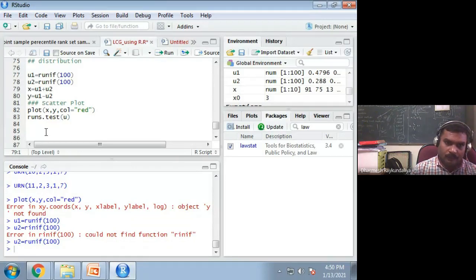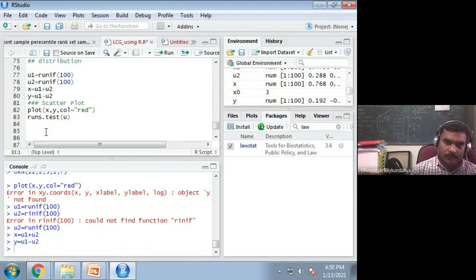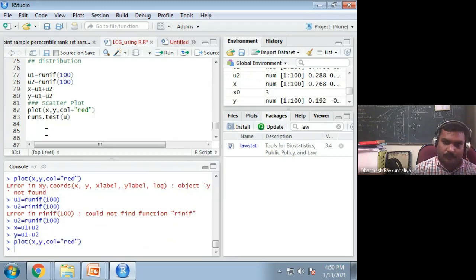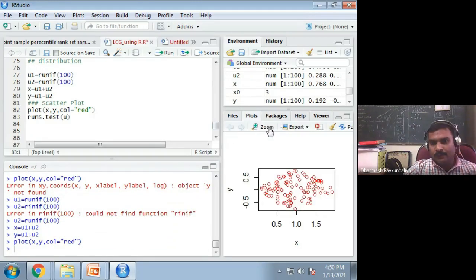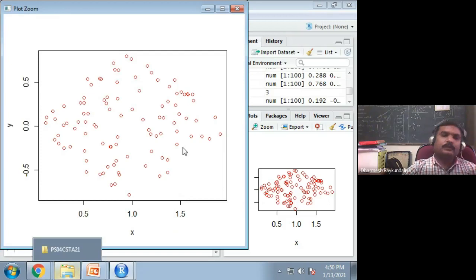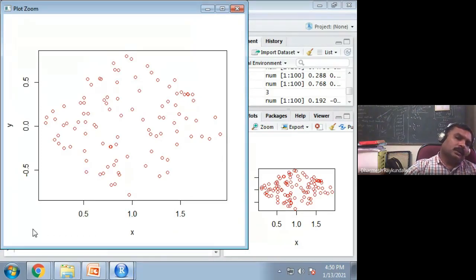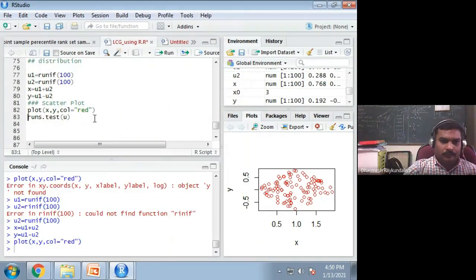Okay, now x, now it is y, it's plot, so you can see that the plot is scattered. It is random. You cannot identify any linear relationship between x and y.